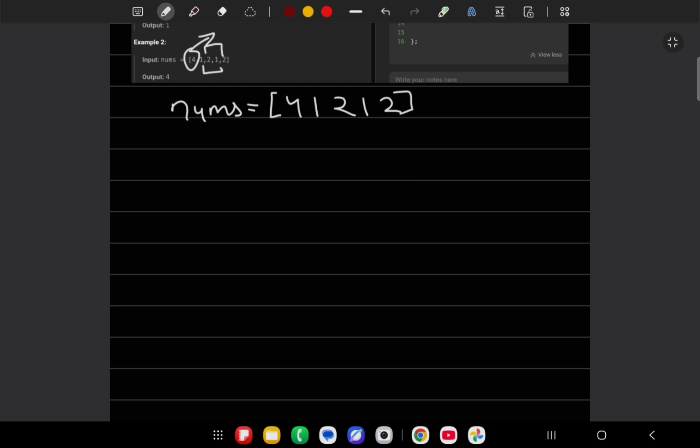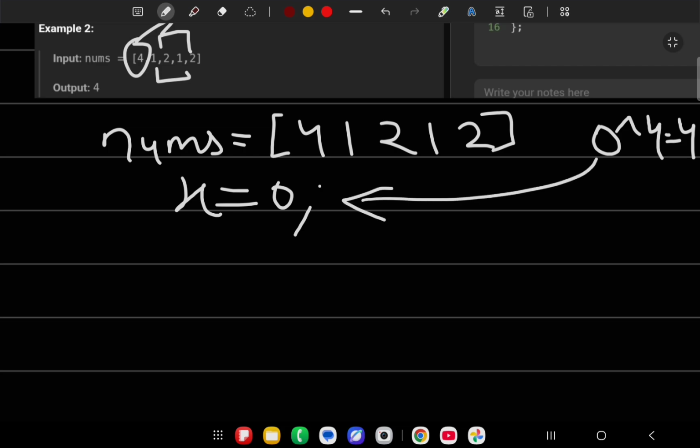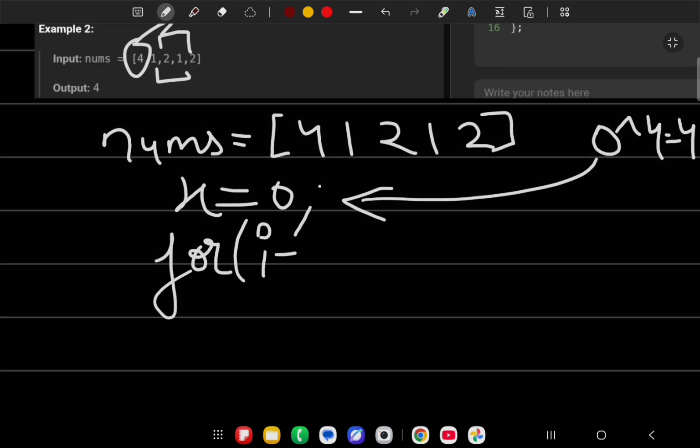We just iterate one by one. First we initialize a variable named x equal to 0. It means if the element is different, then we'll give the same element, so that is why we need to initialize with 0. Start iterating for i equals to 0, i less than n, where n is the size of our vector, i plus plus,